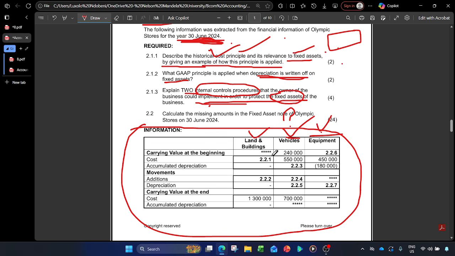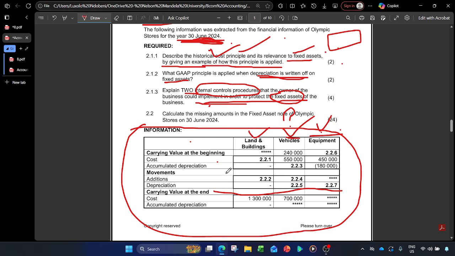So remember, in this note number 3, this is the note that is recorded on the balance sheet, but now in paper 2 we won't be doing the balance sheet, right? So the only focus for you is this note only. Remember, this is the note on the balance sheet. There are a lot of notes on the balance sheet, so this is note number 3. So information at the carrying value at the end is the one that is usually taken to the balance sheet.